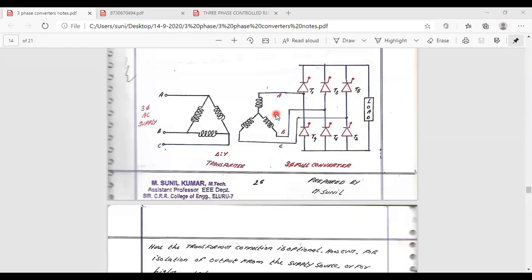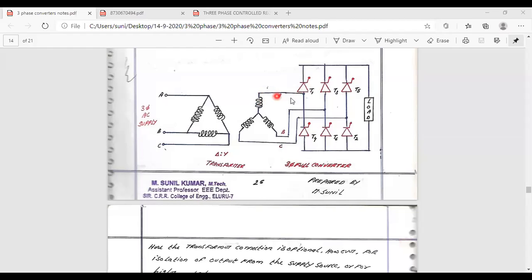First, you need to practice these circuits and the waveforms, and at any instant if you get any doubt related to the waveforms and circuits, you simply ask me and I can clarify. As you get familiar with the operation, the best method for studying the operation of a converter is the conduction path. When a particular device is in conduction, suppose T1, you need to know the current conduction path. Then you can draw the voltage and current waveforms.